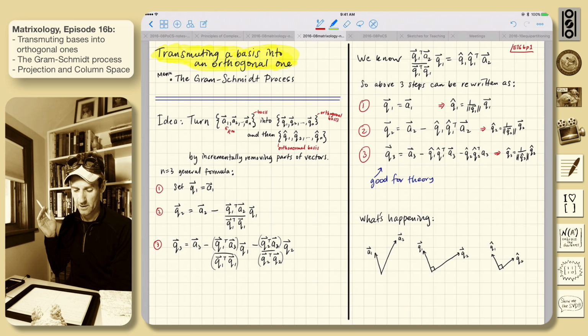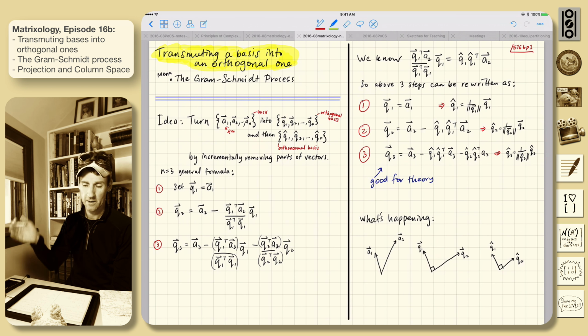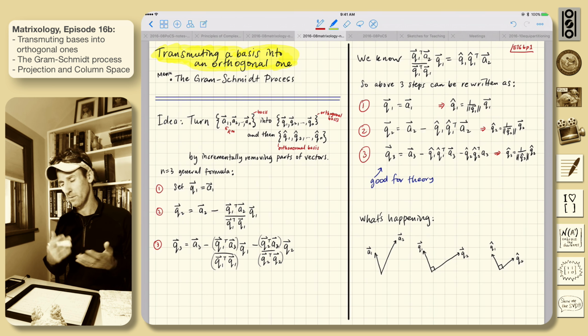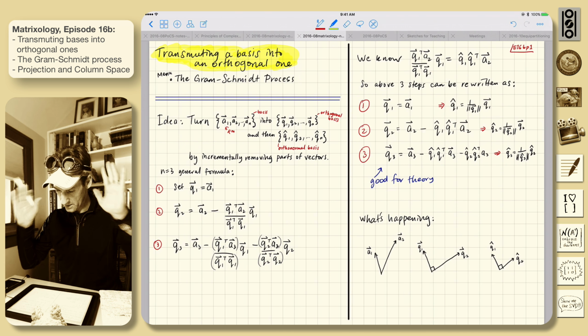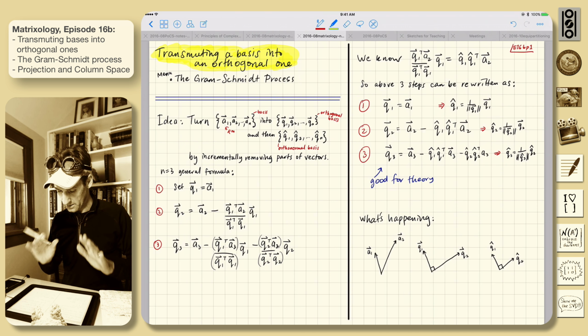So we usually just start with the first vector we're given. Here's a set of basis vectors. We tend to just sort of approach it in that way. We'll take the first one and then clean up the second one, clean up the third one, clean up the fourth one, right? So we could change that strategy around. But that's all we need to know for now. All right, so